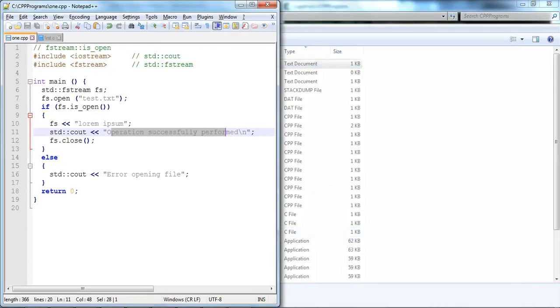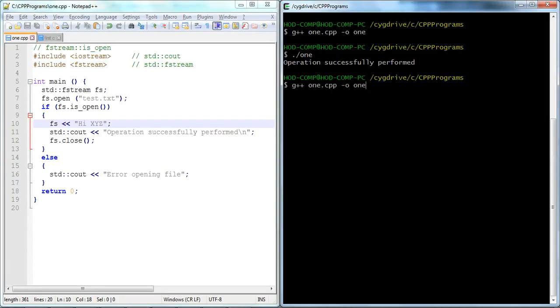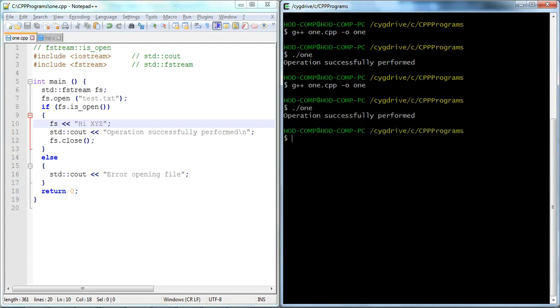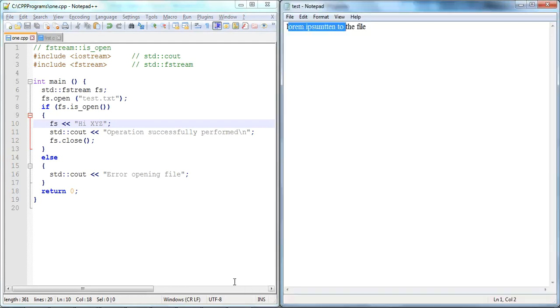The particular file contains some data. What will be the code? It's lorem, some words; we will put something different, like x y z, save it, and then compile it again and verify the data.